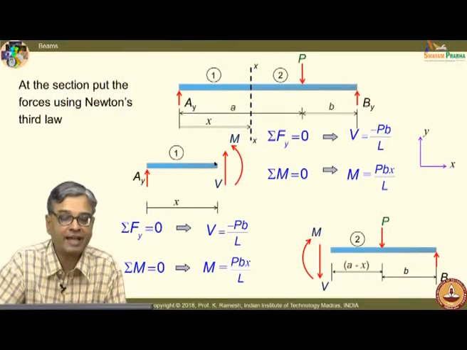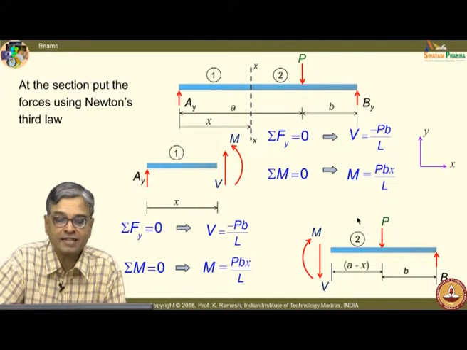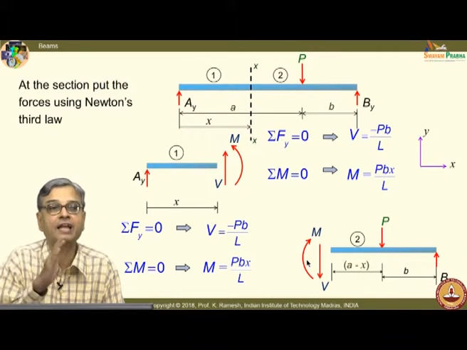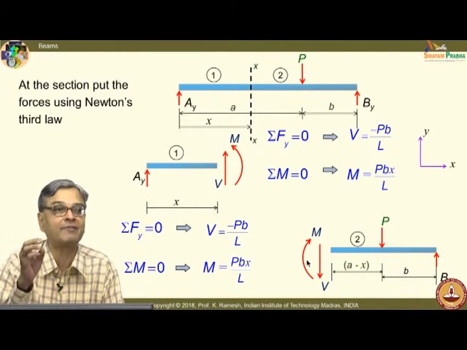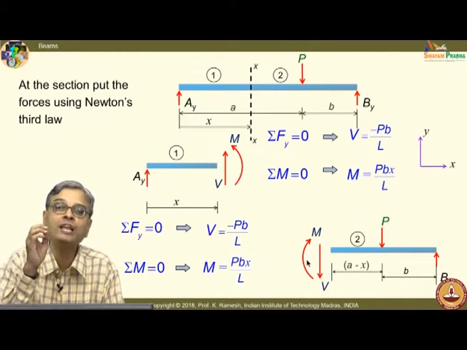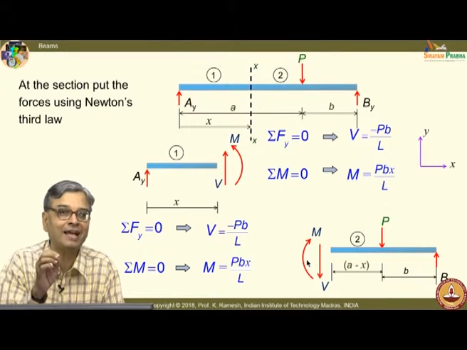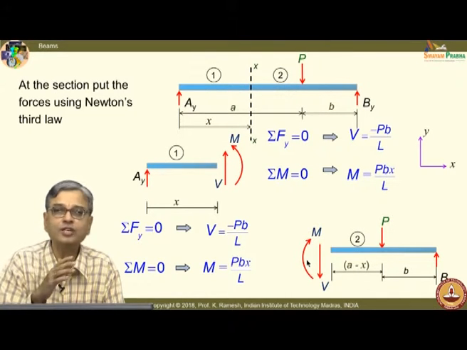Fine. So, you have to know a priori, when I have a surface like this, how do I assume the unknown forces to start with. On the other hand, if I use the right section, how do I assume the forces to start with, so that whichever way I cut the beam and evaluate, I have one unique sign of V as well as M. For that you need a sign convention.